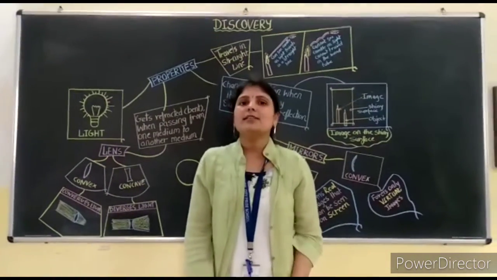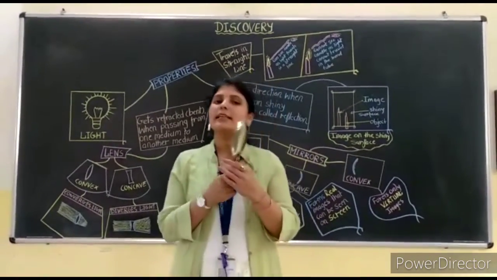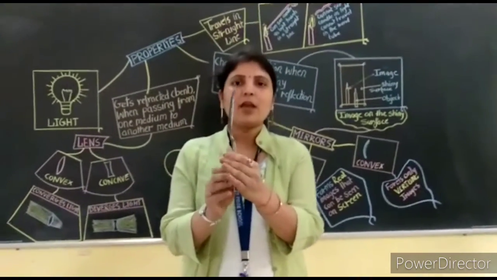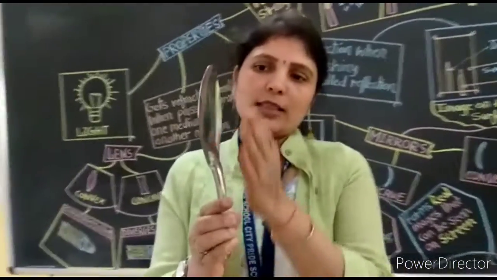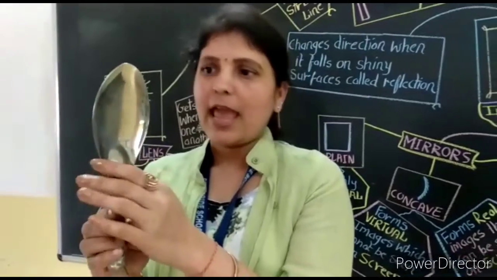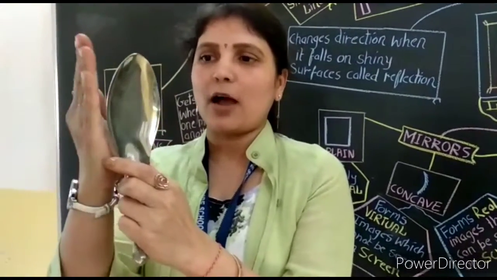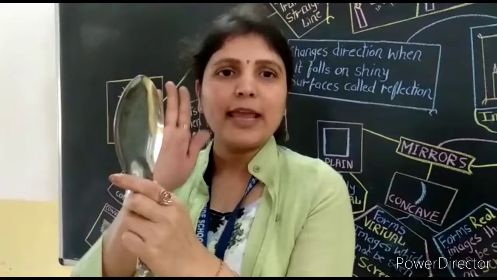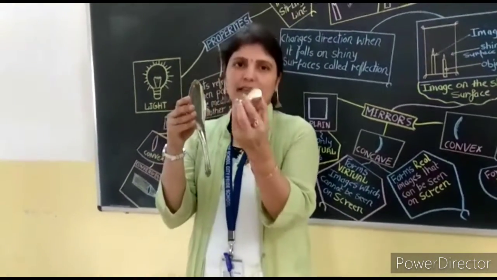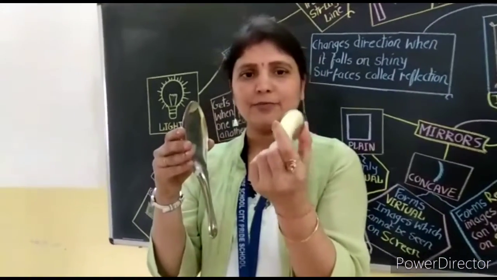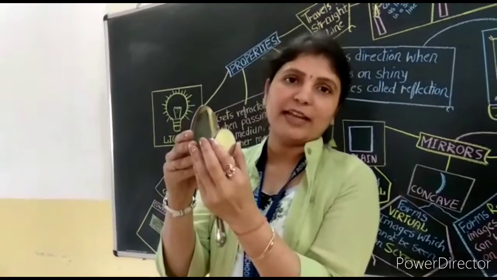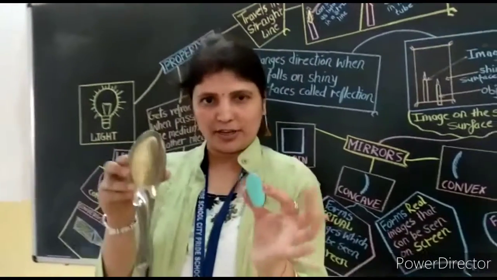To understand the concept of spherical mirrors, let us take the help of this simple steel spoon. Okay? You can see it, right? Now, if you observe this spoon, this portion is going inside. There is a curve-like structure here, right? And if this is polished from the outside bulging thing, it will behave like a concave mirror. I have a sample of the concave mirror in my hand. It is polished from this side and the inner portion is reflecting the light. So this is the concave mirror.